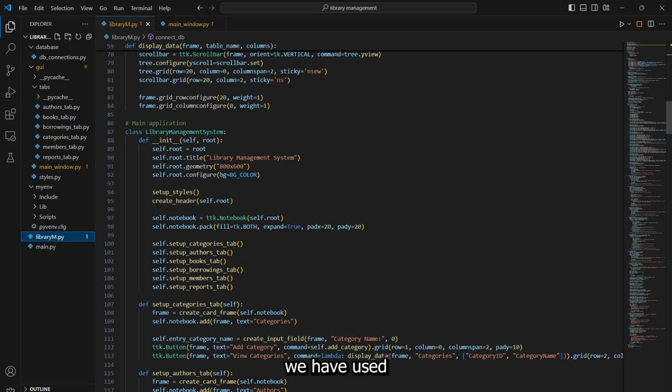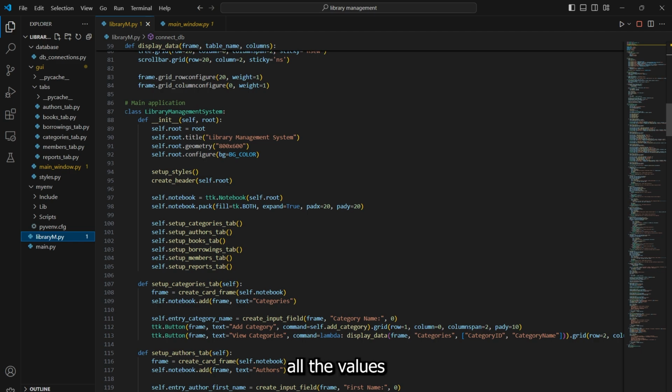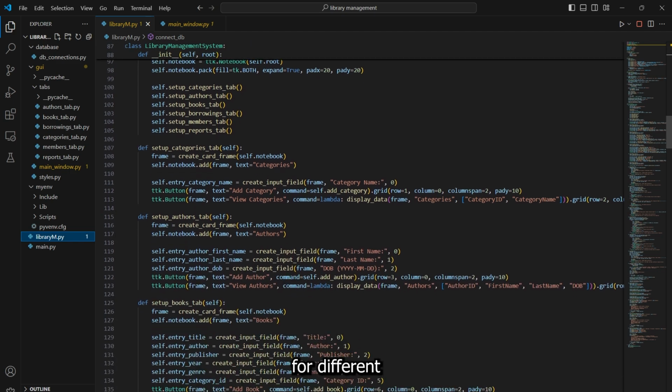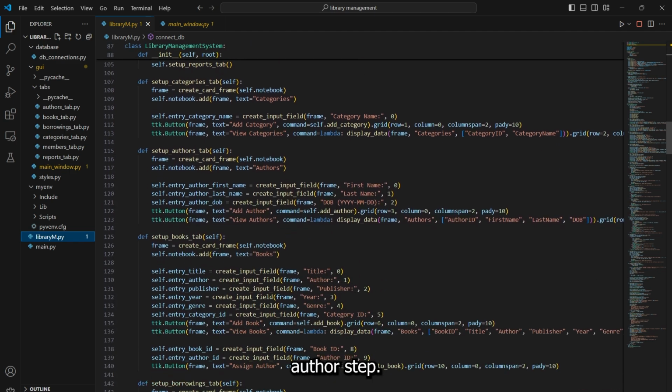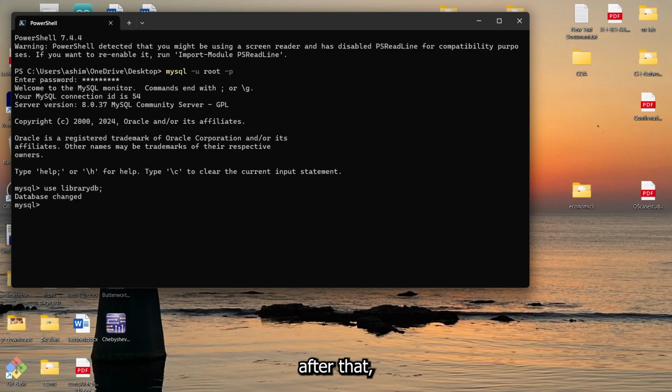So in this project, we have used an object-oriented approach, creating a class LibraryManagementSystem, which has a constructor which initializes all the values and has different functions set up for different categories. For example, set up authors tab, set up books tab, set up borrowings tab. Now, if we want to look at the schema of the database,